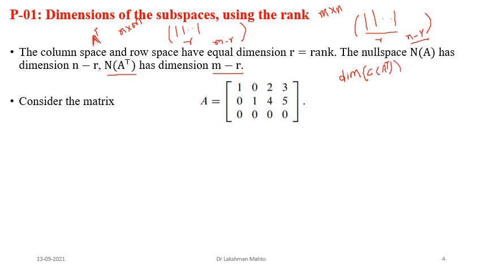Okay, plus dimension of null space. Both are, this summation we are doing in source space of null space of A. If you sum it up, that means you are doing summation like R plus N minus R, and that sum would add up to N. Similarly, you will get dimension of column space of A and dimension of null space of A transpose, that will add up to N.